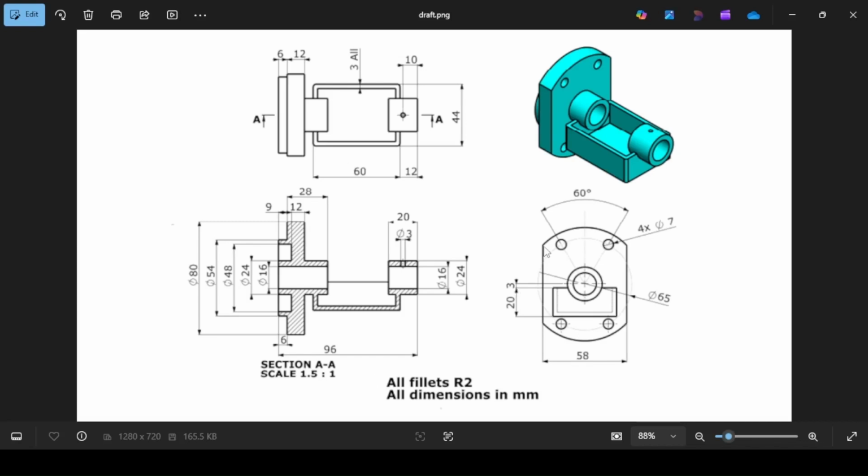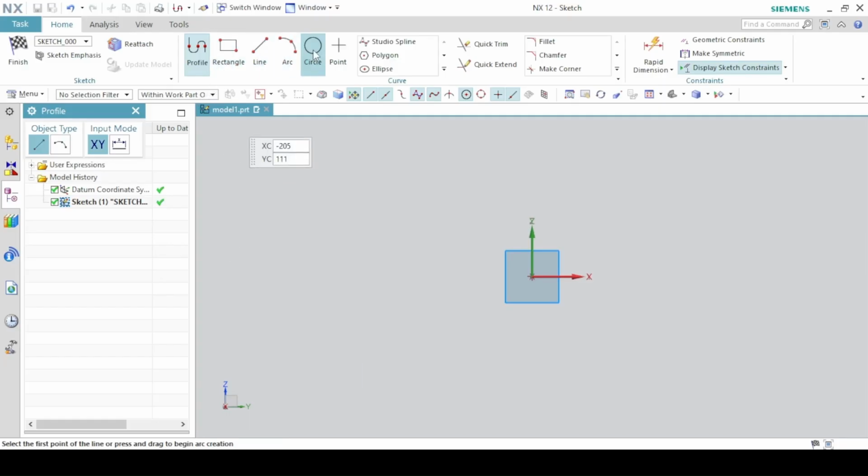First we sketch a circle because this arc and this arc here form a circle. We sketch a circle of diameter 80 millimeters and then a square with the length 58, and then we trim the unwanted edges. They should all have the same centers. So first draw a circle, diameter 80,